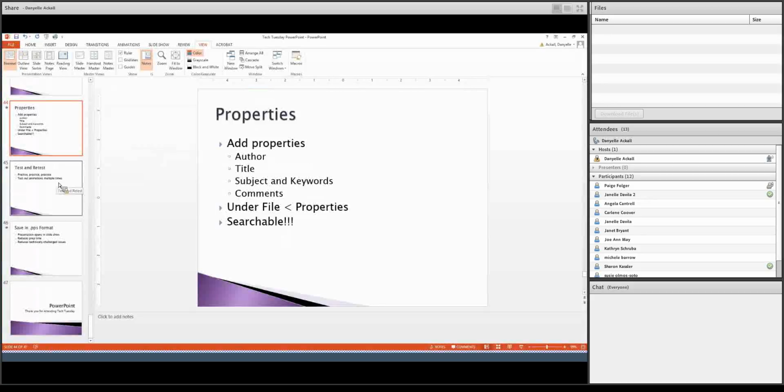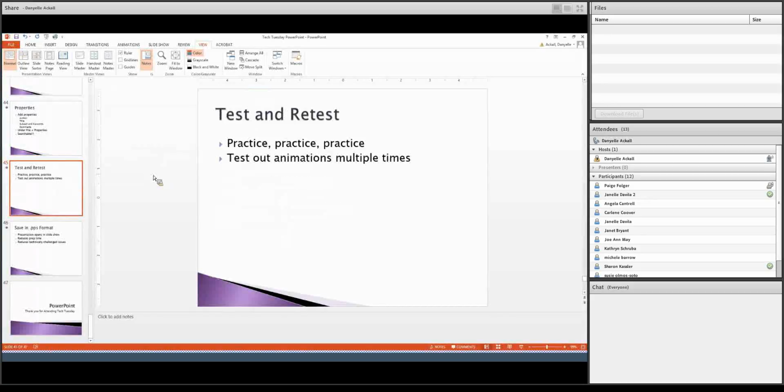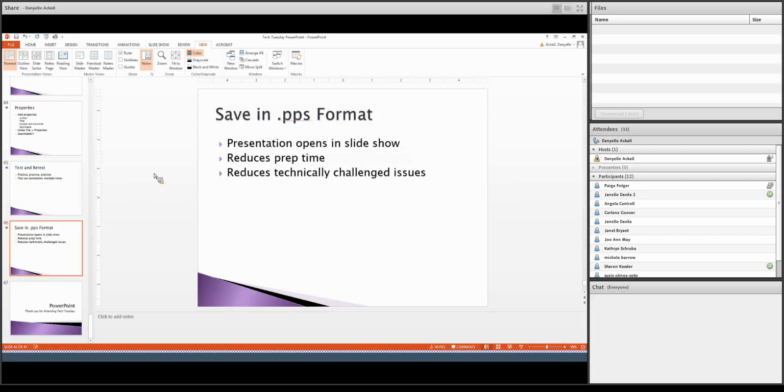Before we end, just a word of caution: make sure you test and retest, practice, practice, practice, especially when it comes to animations, so that it looks exactly the way you think it should look. And then I find it extremely helpful, if I'm putting a presentation together